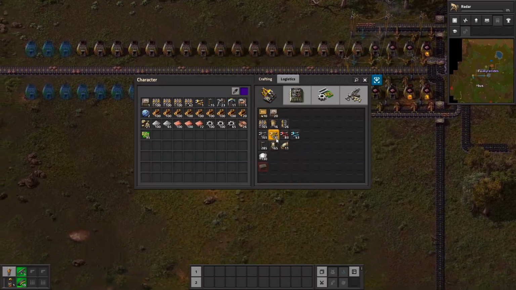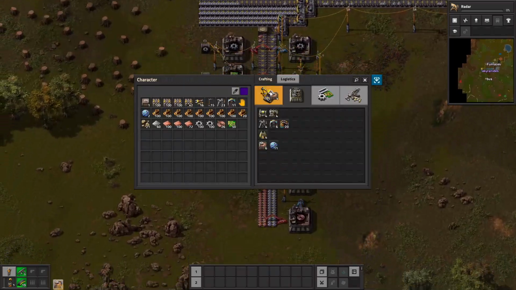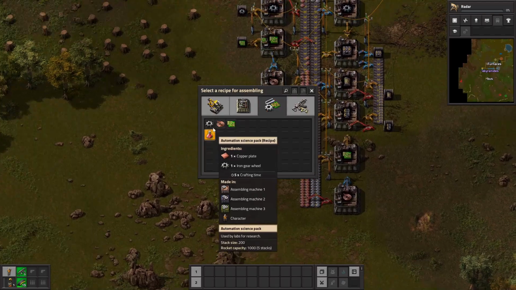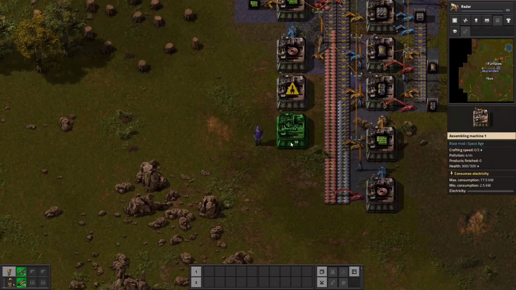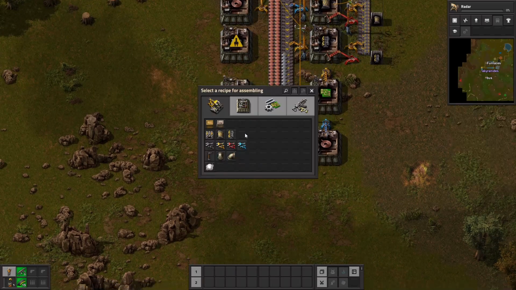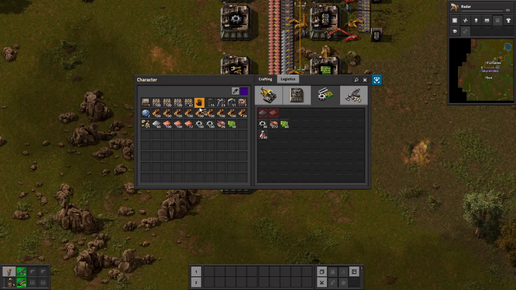We really should automate inserters, actually, so I'm going to go do that. And it's very easy to expand them all. So say I want to make inserters. All I have to do is just go and make the gears here. Make some inserters. Then some circuits. And some wire. And then